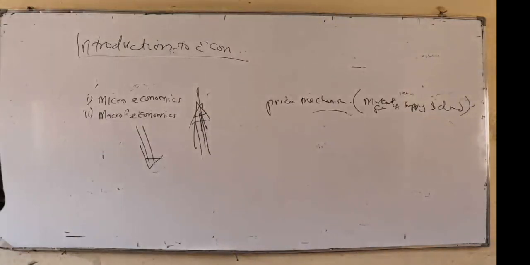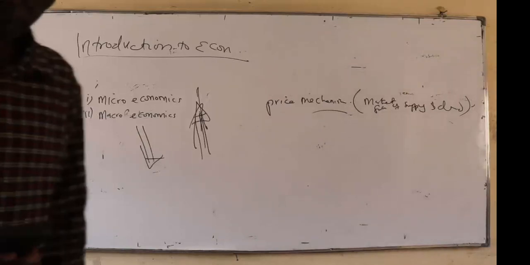So you start with the first one, which is called the free market economy. It's also referred to as a free market economic system. This refers to an economic system where the decisions about the allocation of resources are made by the individuals,